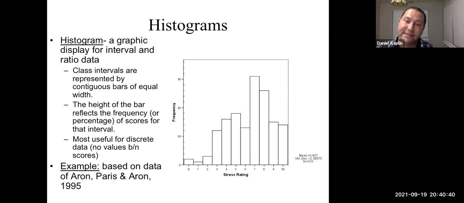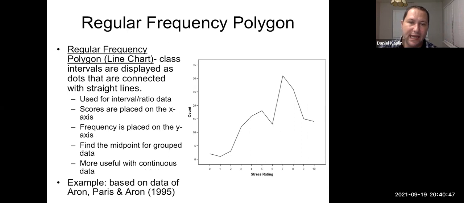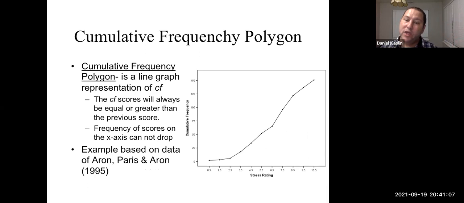So this is in a bar-based form, and this is in a line-based form, right? So again, frequency polygons are used for interval and ratio data or continuous data. The scores get put on the x-axis, and the frequency or frequency counts get put on the y-axis. And that's how you would do that. Now, a cumulative frequency distribution, in general, we have a,